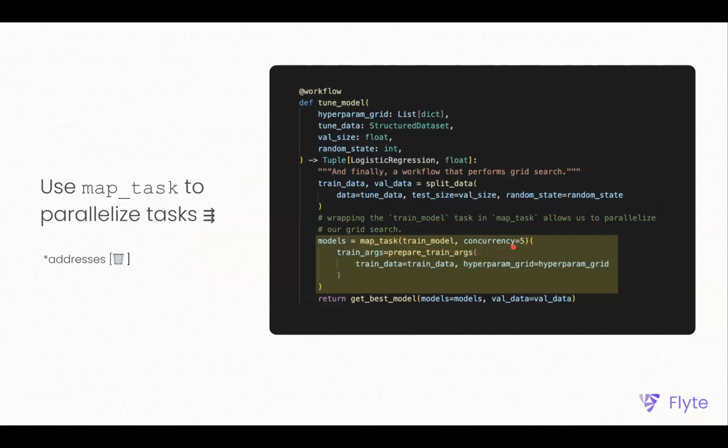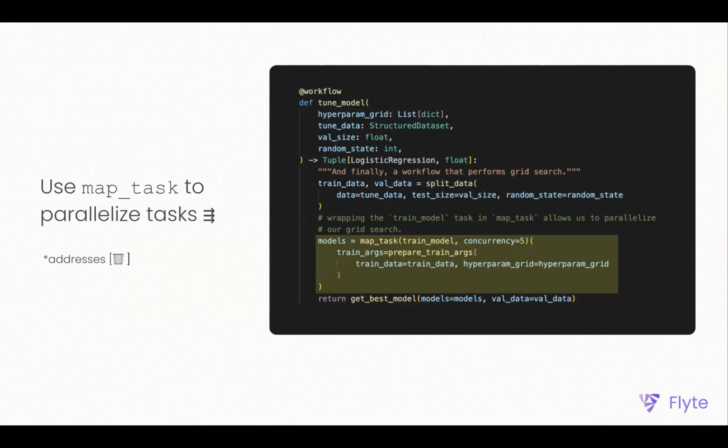I say concurrency equals 5, meaning I only want 5 tasks running at a time. And then I give it this prepare train args task, which just gives me a list of the hyperparameters. And this is essentially the syntax for you to massively parallelize this.